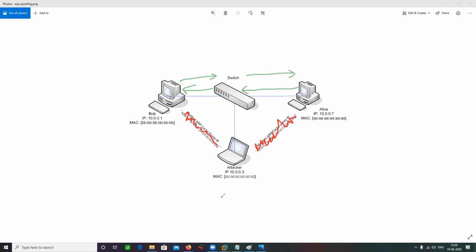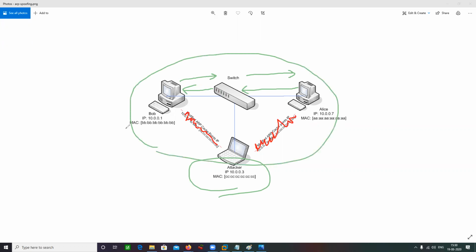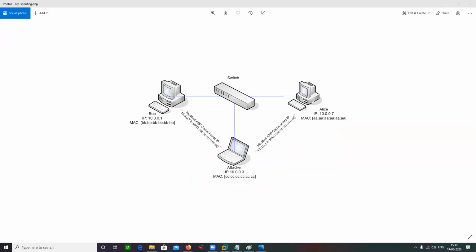If you start a sniffer on the attacker machine, would you be able to capture these packets? Yes or no? I'm saying that you are connected to a switch-based network, and there are two machines connected, Alice and Bob, trying to communicate with each other.